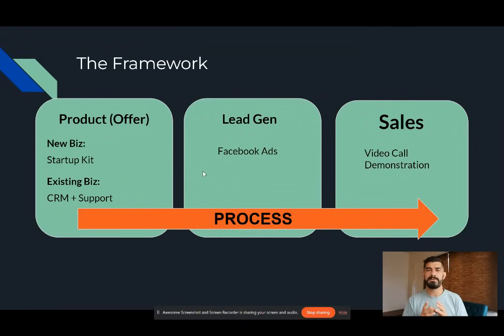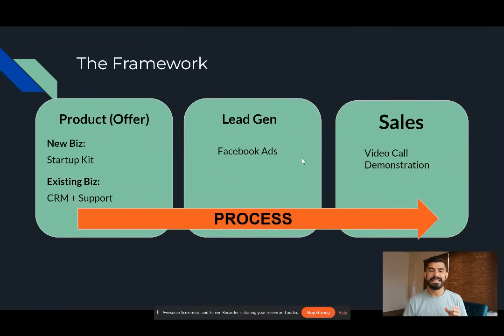You want to start a cleaning business? I'm going to show you and give you the kit that you need to get up and running a lot faster than if you were to do it on your own. That was one. For existing customers, I was offering them a CRM, basically just a High Level CRM, plus support to teach them the best ways they can receive a return on that investment. And it turns out that these guys, a lot of times, if they didn't have a CRM, it's probably because they're not very computer literate. So they really valued the support that I was providing to them. That's something that I learned along the way.